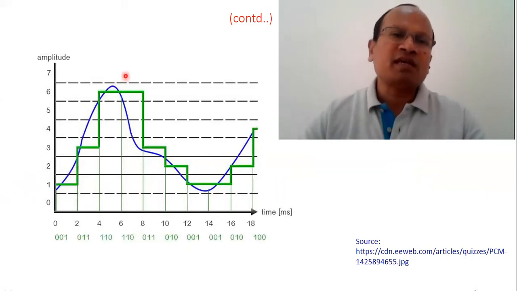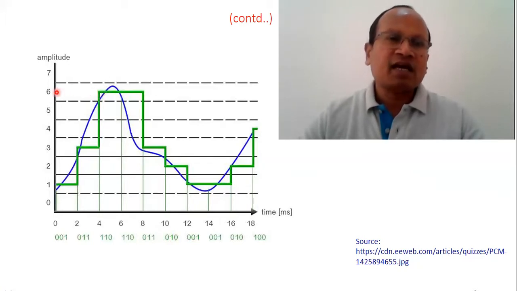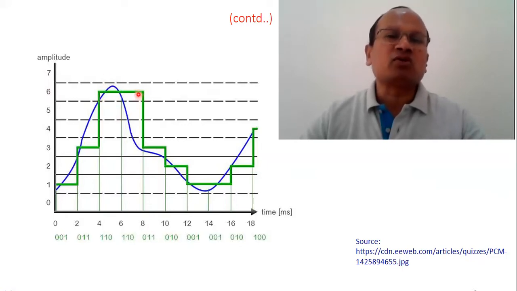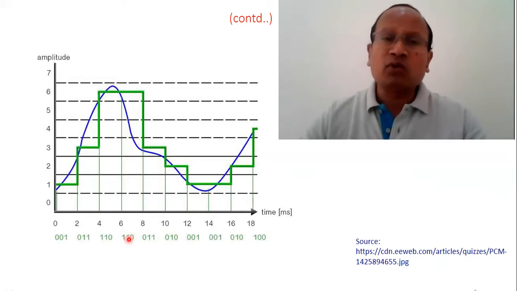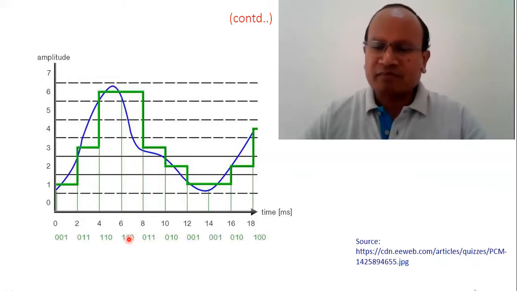If you look at the top 2 samples, both are nearer to 6. If you assign from 0 to 7, 0, 0, 0 up to 1, 1, 1, you will find 6 as 1, 1, 0. And therefore, corresponding to these 2 samples, you are getting 1, 1, 0 and 1, 1, 0. So this is how the encoding mechanism works.